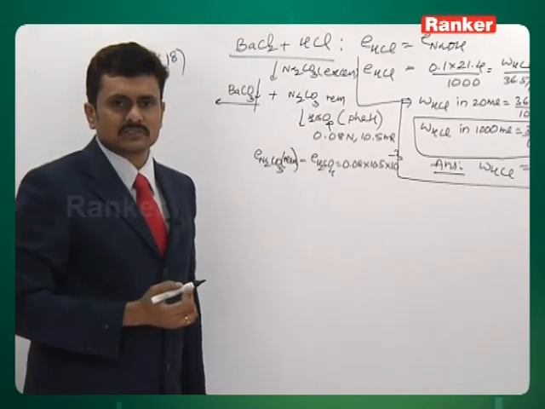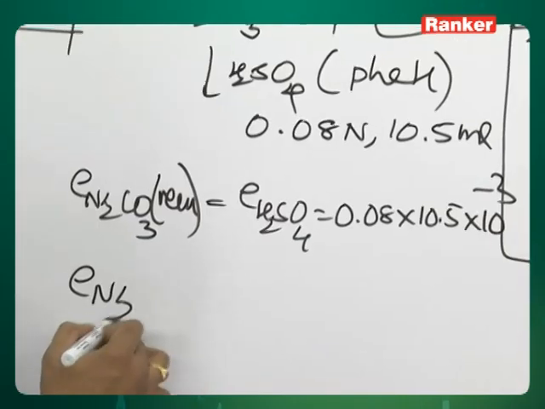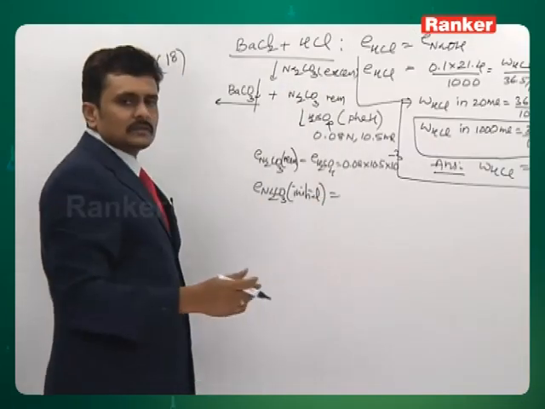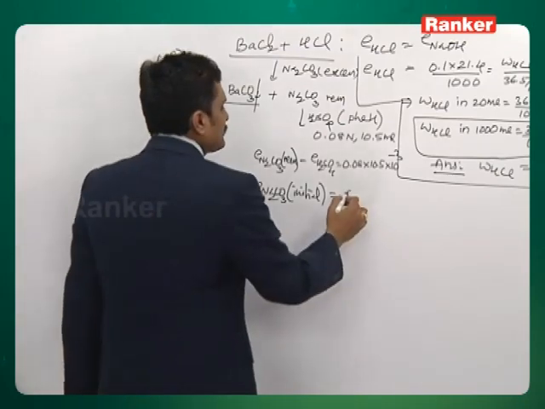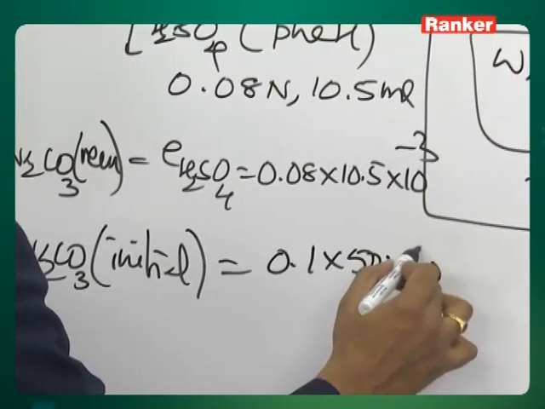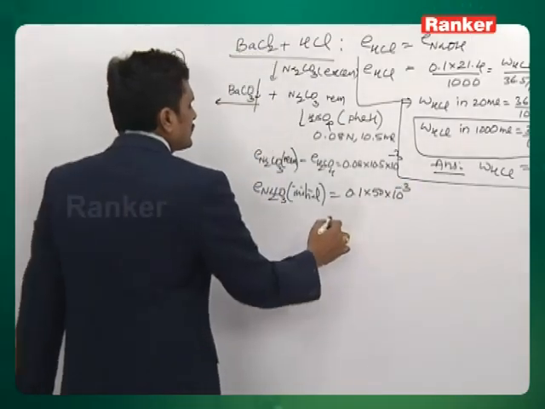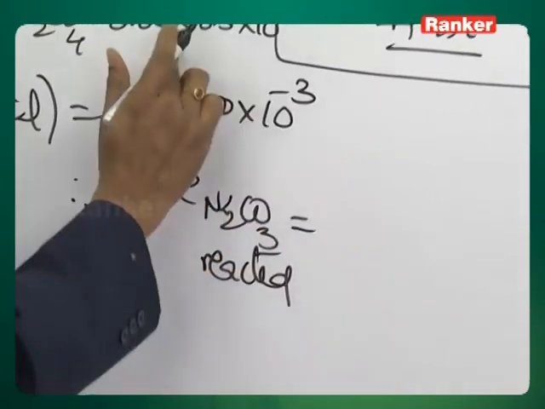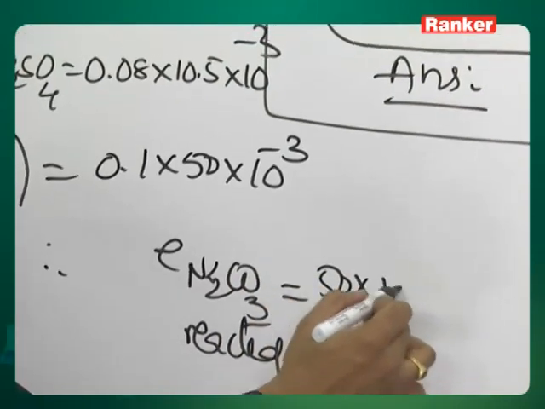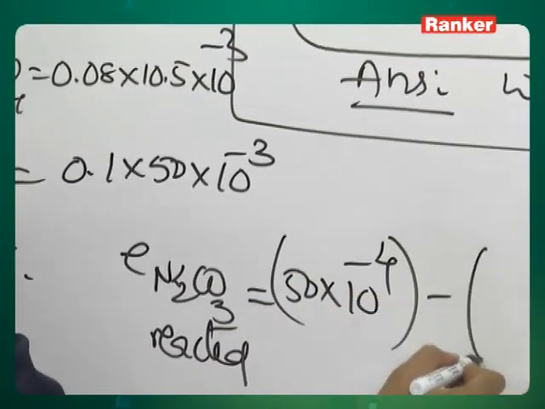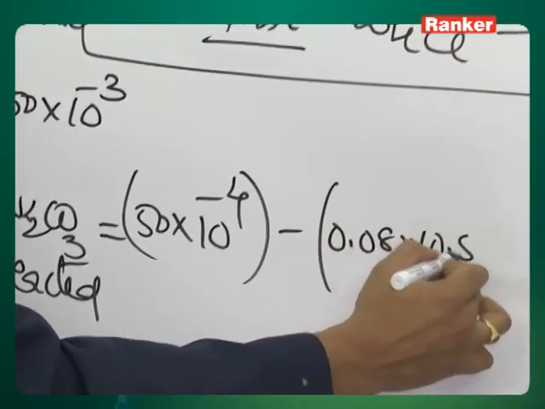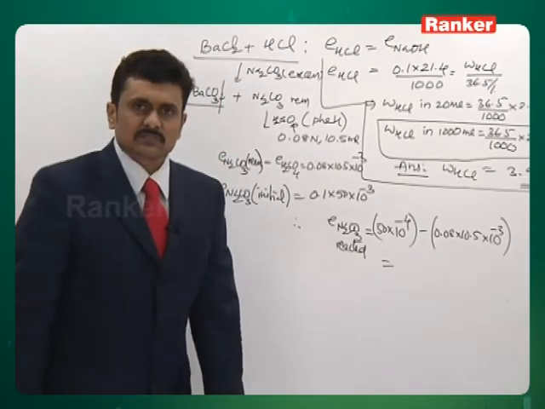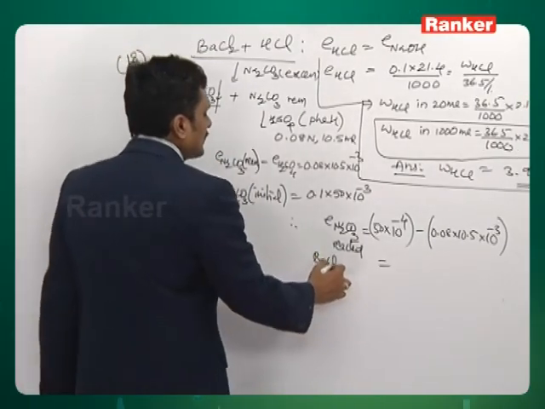Now we know that the Na2CO3 which has been initially added in excess, over here information is provided to you, 0.1 normal and 50 milliliter of it. Now you see the equivalence of Na2CO3 which have reacted with the mixture of the two is the difference. Now this difference will give you the equivalence of Na2CO3 which has reacted with barium chloride as well as HCl,